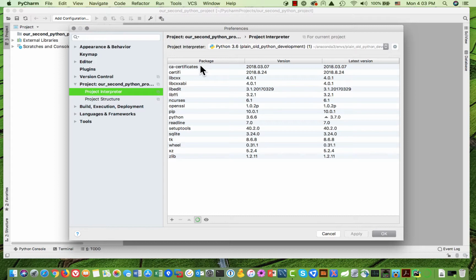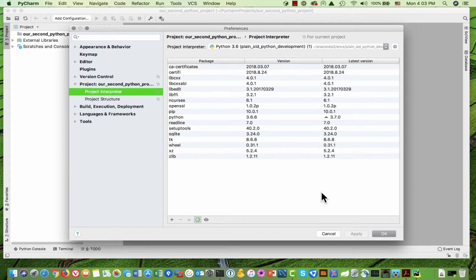Okay, and we can see that we've got Python 3.6.6. That's what we want. And we could come in and change that. I mean, if we were pointed at the wrong environment, we could go point at the right